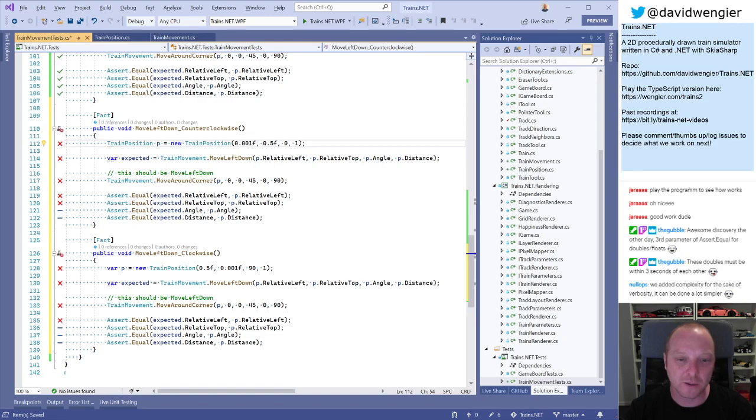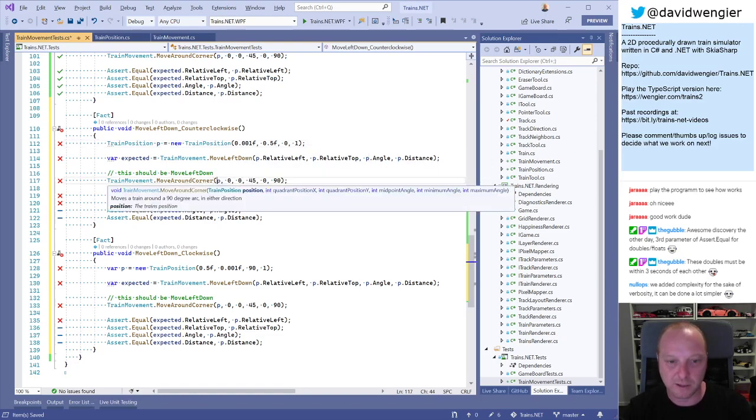So we're coming in. We're going to go counterclockwise. So that's right. Our angle is 0. Our distance is 1. Okay, that's fine. We're going to move left down. Now we're going to go around the corner. Our position is fine. Our quadrant X is that. Quadrant Y, yeah, see, logically I want to pass in -1. Our midpoint angle is then